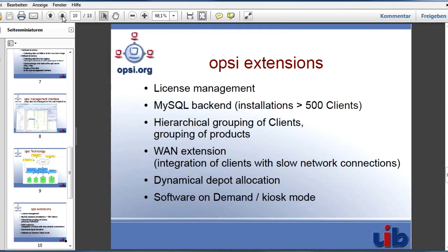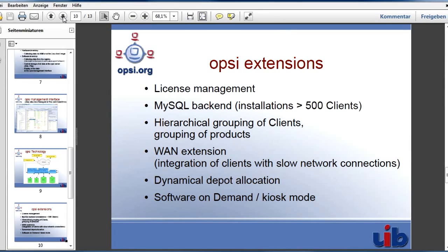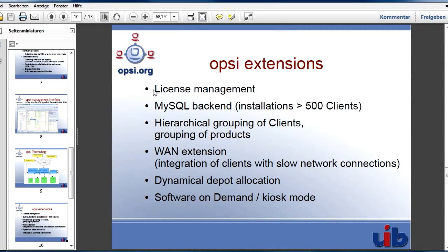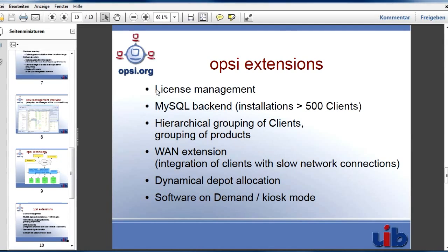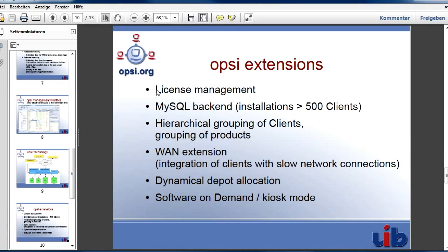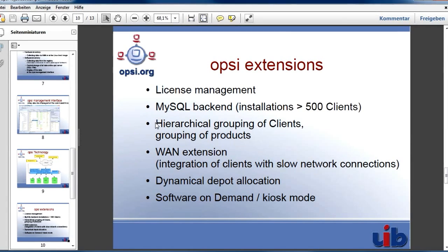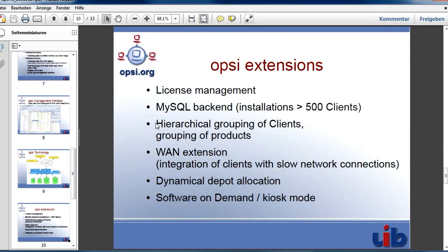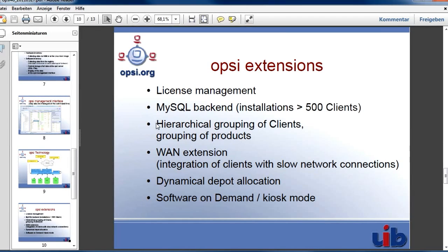These extensions are not free of charge, and the most important extensions are the license management module, a database backend for higher performance at large installations, the possibility for hierarchical grouping of clients that I showed to you, a possibility to integrate clients with slow network connections like home office,